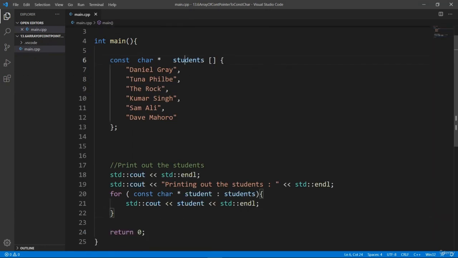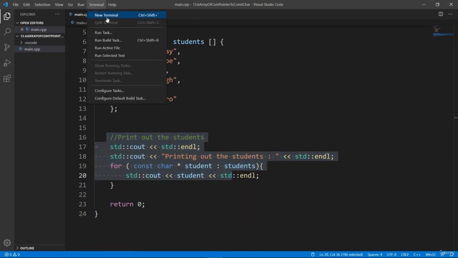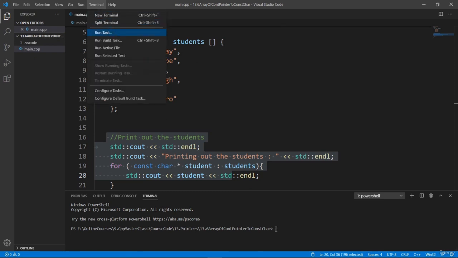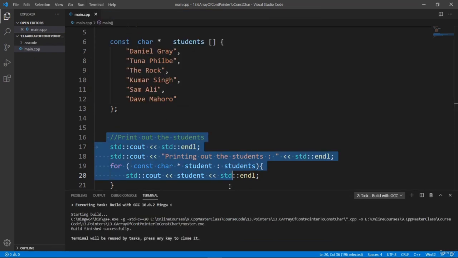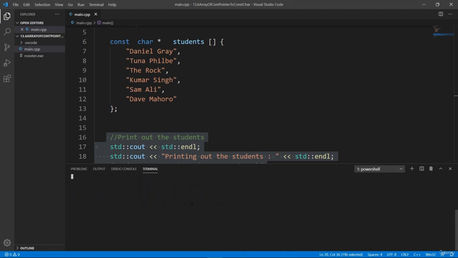It is an array of const char pointer. Inside we have the data. All these things here you already know, nothing really to explain here. And we can loop through the data and print it out. So we're going to bring up a terminal and we are going to build with GCC like we usually do. Let's bring this up. The build is going to be good, so we can go in and clear and run